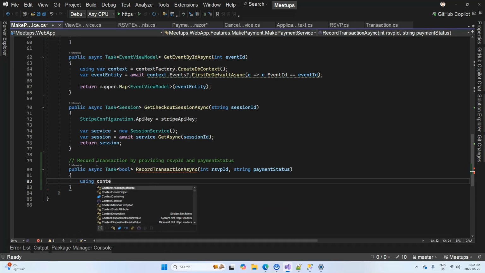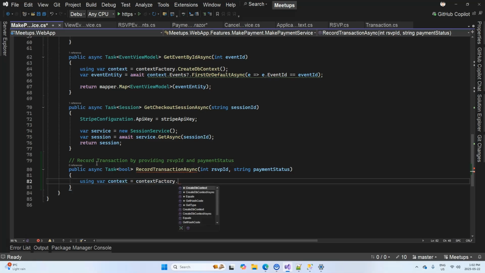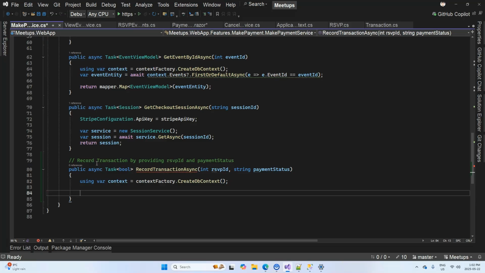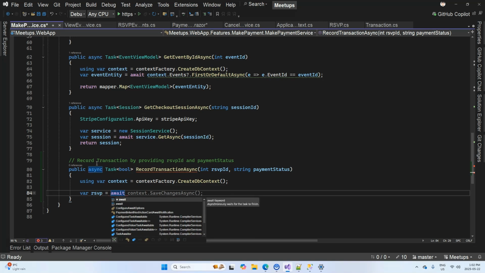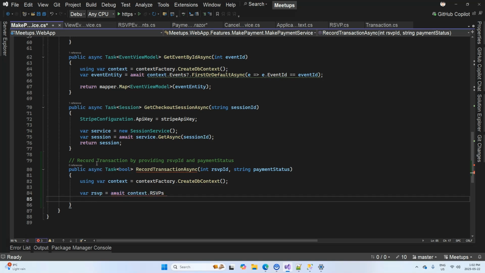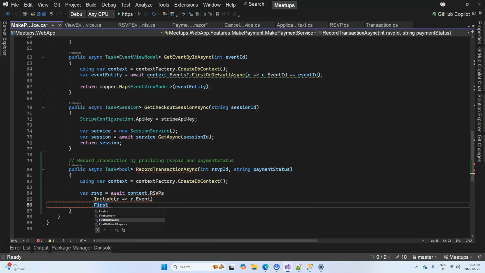First of all, we need to grab the context by using the context factory, and I'm going to say create db context. Now we need to grab the RSVP record, right? So RSVP equals await context RSVPs, and we need to have the event because we want to grab the ticket price from the event object. So therefore, we want to say include, and I'm going to say r goes to r.event, and we need to grab it by using first async, and then I'm going to say r goes to r.rsvp equals